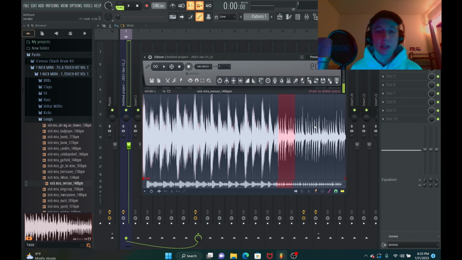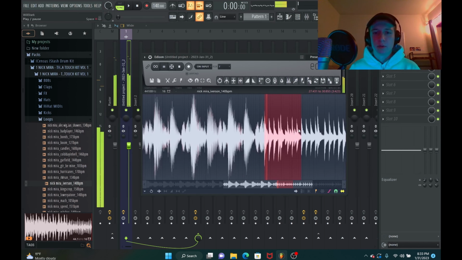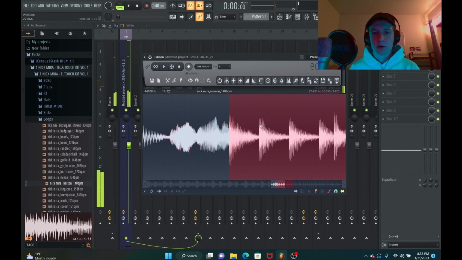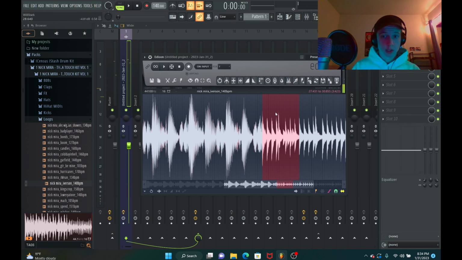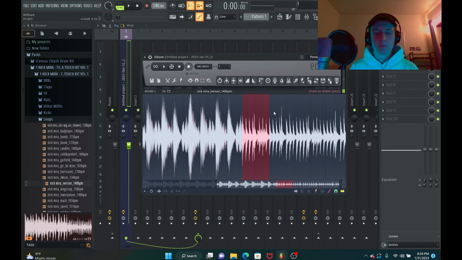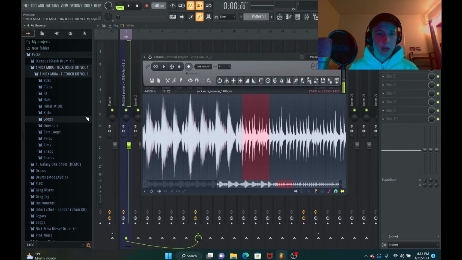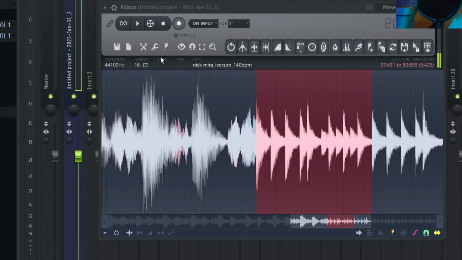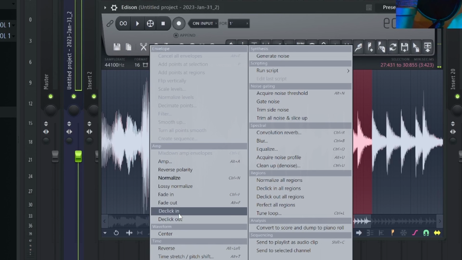The reason why declicking is really important is when you're recording guitar or vocals, anything in Edison, or you just drag a loop in like I did from a pack, and you want to pull out a specific part. You want to avoid that clicking and popping that's going to occur. You hear that clicking, you hear the way it doesn't hit the zero crossing, so there's a direct transient from this waveform. So the way we get rid of that is when we're in here, going over to here, declick in,